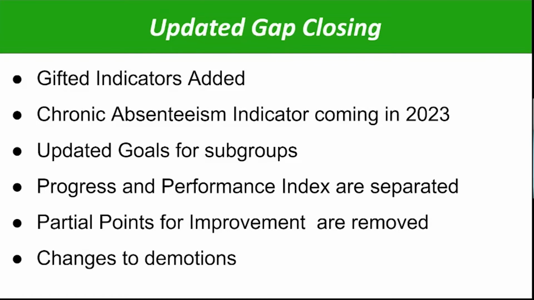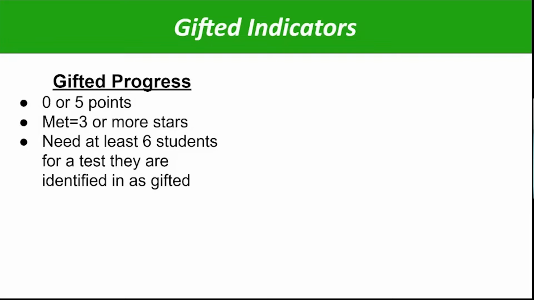So let's go ahead and jump into gifted indicators. So we're going to start with progress because we talked about that last week. And with progress, we can get either 0 or 5 points. I guess there is a third option. In some